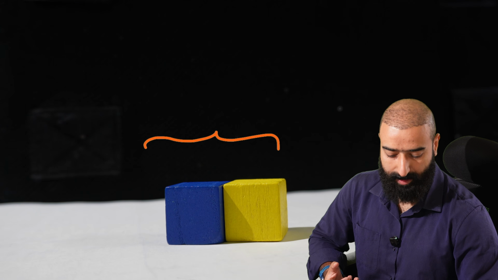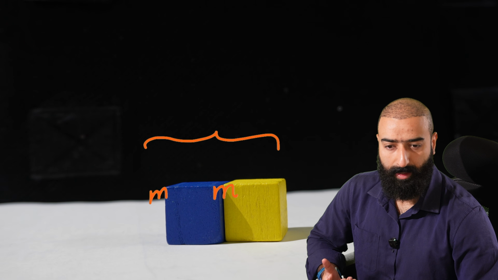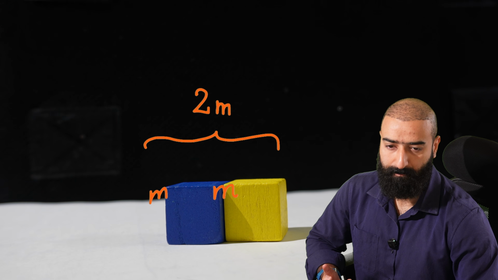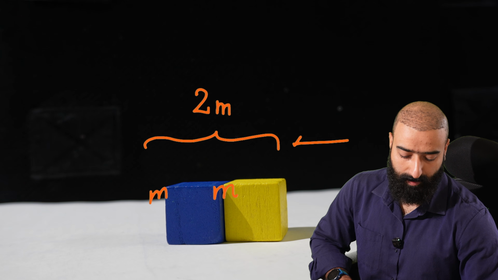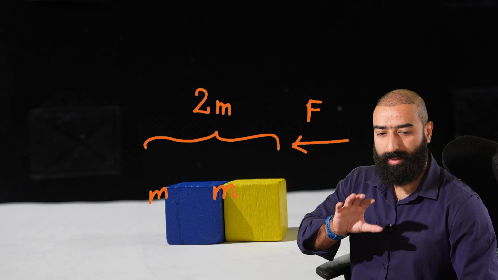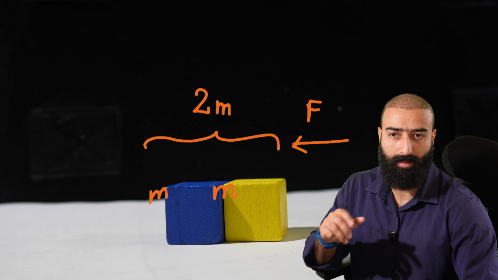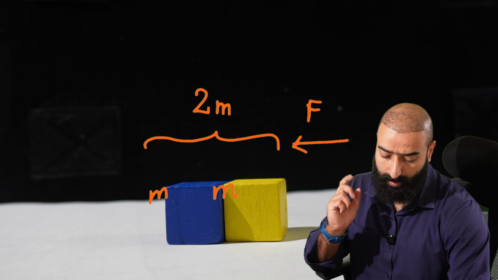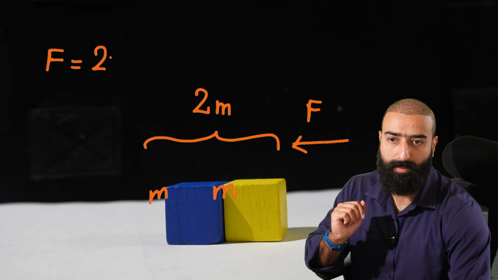If one of the blocks has a mass of m and the other one has the same mass m, then the total mass of the system would be 2m. Alright? And this 2m system, we are applying a force of F on it. So what would be the acceleration of the entire system? Well, we could use Newton's second law, which is the total external force equals ma. So our equation would be F, the force that we apply, equals ma,